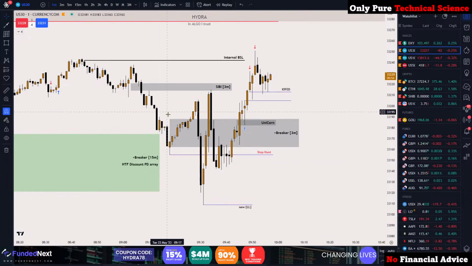Before the news, what price did? Price generated a lot of relative equal highs. Price came down, hit our 50-minute breaker block, the higher time frame discount period that I marked here, and inside there, did I push the button once price hit the higher time frame breaker block? No, I waited to see if price generates another breaker block inside the higher time frame breaker block, and it did